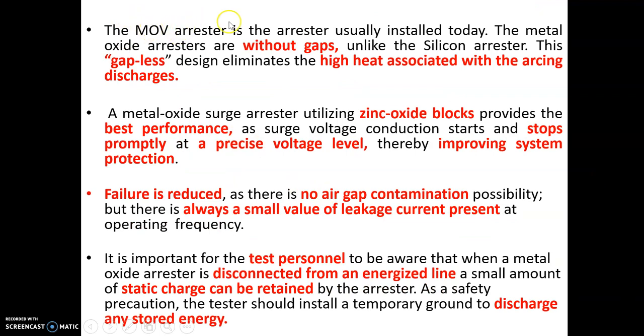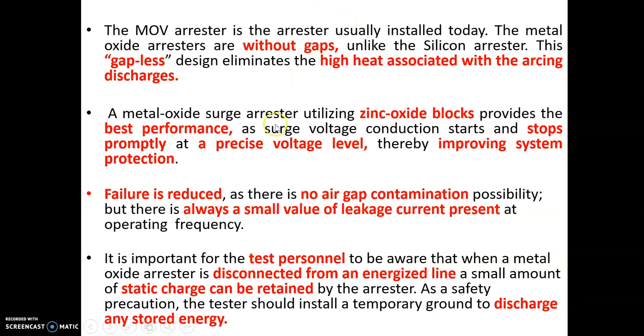Now metal oxide, I have told you, is sometimes abbreviated as MOV, metal oxide varistor, because I already told you in the earlier part that arrestors are also called varistors. Here metal oxide has superior characteristics, because I already told you what the problem with the gap is. When a gap is there, gap characteristics can change with time, and arc quenching in the gap is also very risky, because when you want to extinguish the arc, you have to increase the resistance very high, and the heat produced in the arc will deteriorate the electrode.